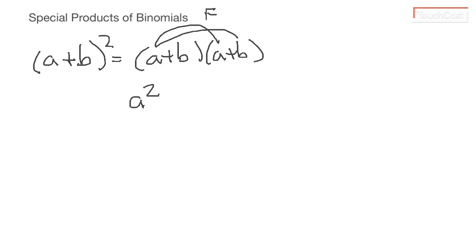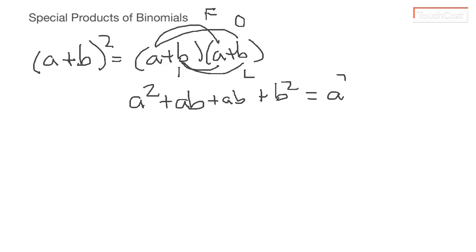A times b, the outside terms, so we'd get an ab. Our inside term is b times a, which is going to give us another ab. And then our last terms, which is going to give us a b squared. Well, we can combine those to make a squared plus 2ab's